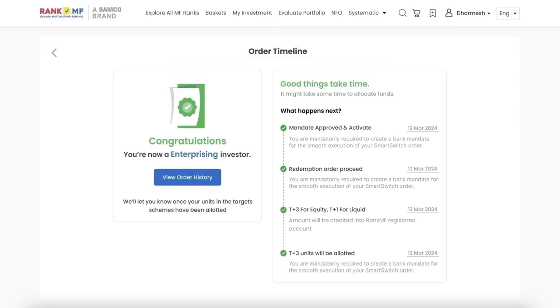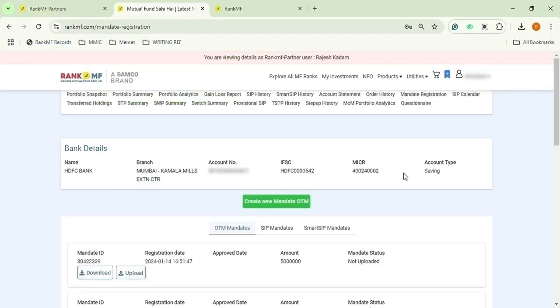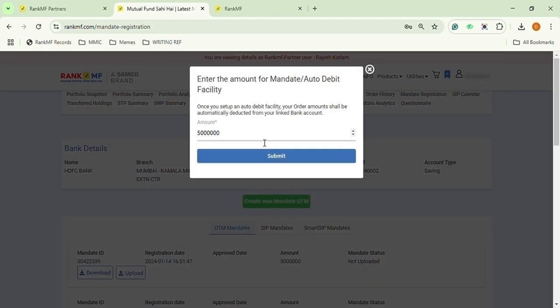If the client already has a validated mandate, the on-track order will be processed within 5 to 7 working days. If not, you will see a Create Mandate button. Click it to proceed. On the mandate page, select Create New Mandate OTM, enter the amount and submit.